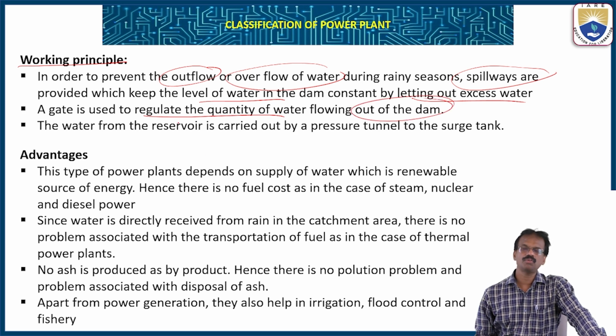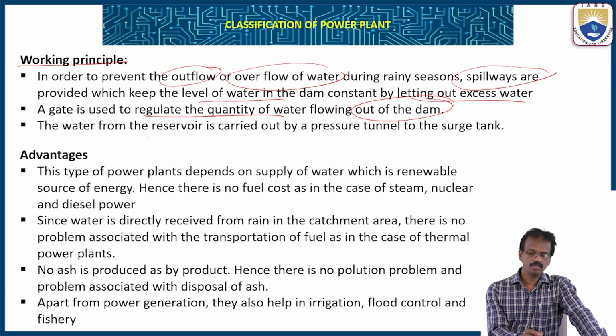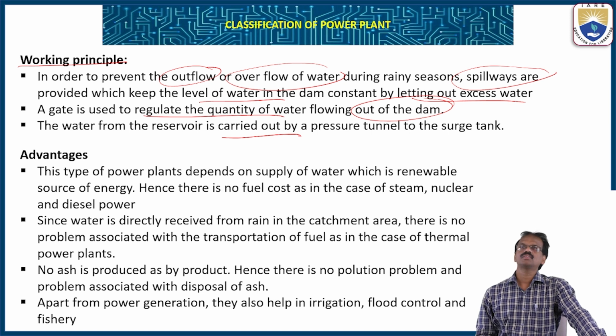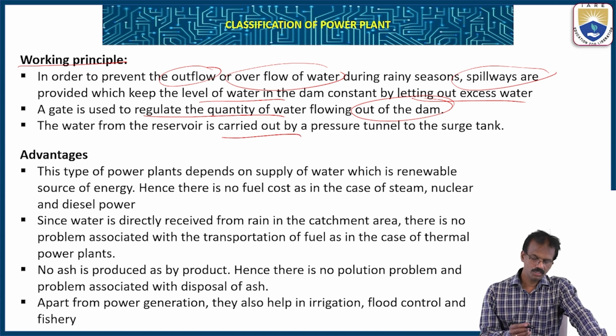So regulation of water flowing through the pipe. The water from the reservoir is carried by pressure tunnel to the surge tank. So this is the working process. Now we'll see the advantages of